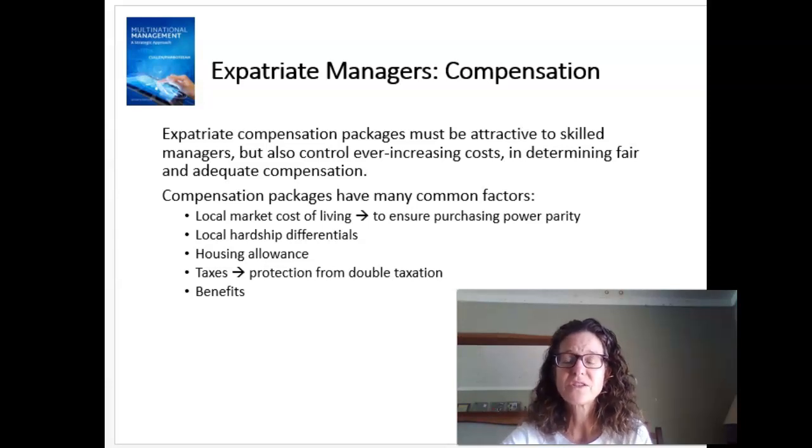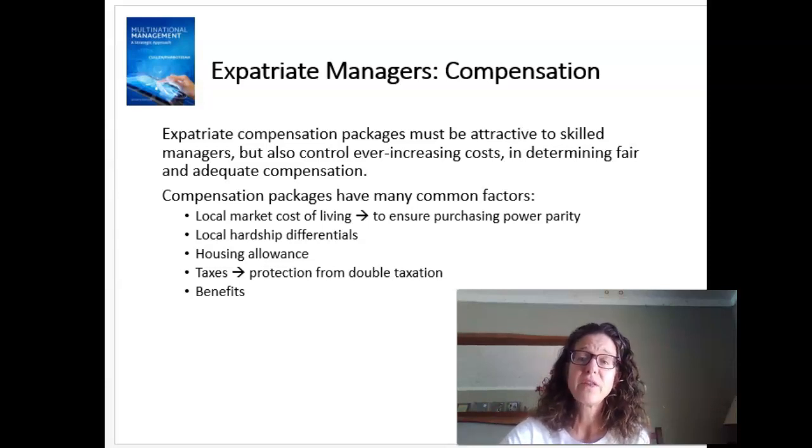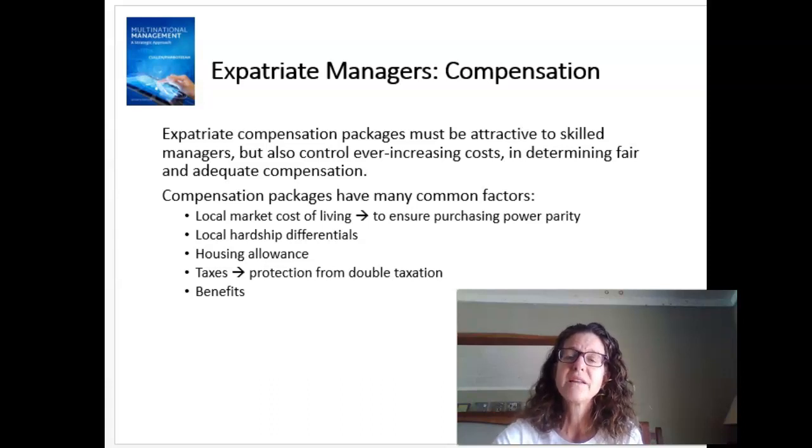If the expatriate is traveling with children who need to attend international schools that are very often private and quite expensive, there might be an education allowance added to the compensation package to pay for that education for the expatriate children. If job retraining or certification is necessary for the expatriate's wife or husband so that they can also work in the host country, that is often also covered under the education allowance.